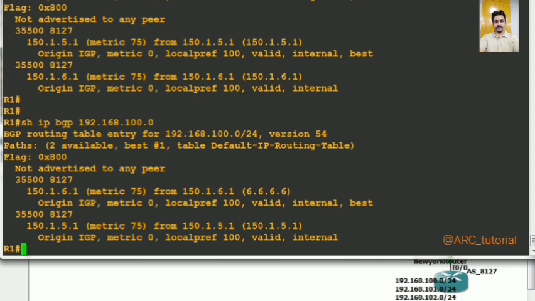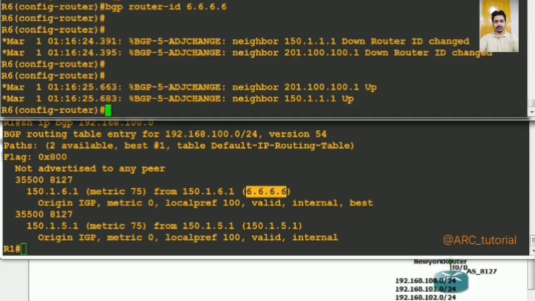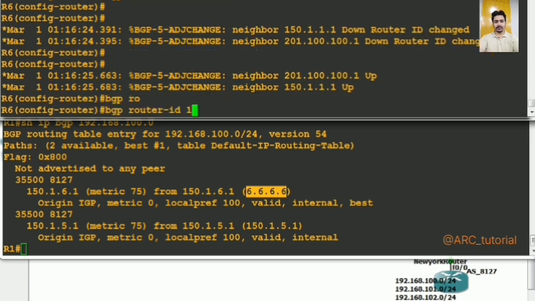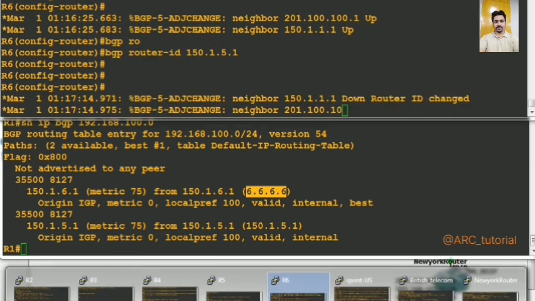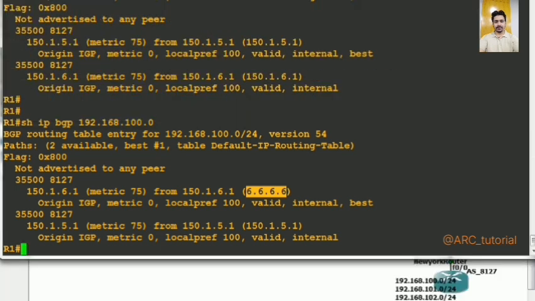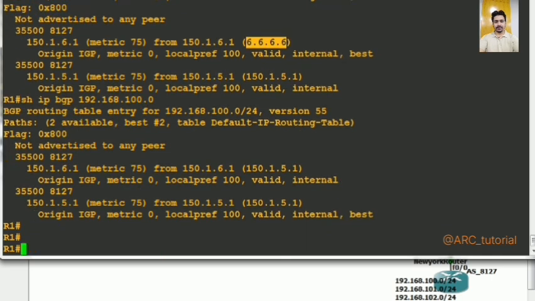So let's do one thing. Because on R5 its router ID is 150.1.5.1, let's configure the same router ID on R6 as well. Let's move back again on R6 and say BGP router ID is 150.1.5.1. So this time for R1, both of them are having same router IDs, R5 as well as R6. And now you can see that best is via R5 because R5 is having lower neighbor address